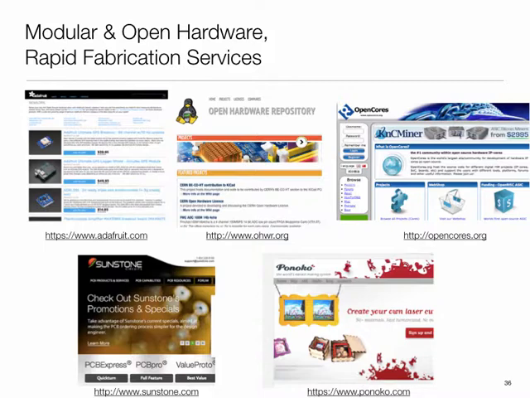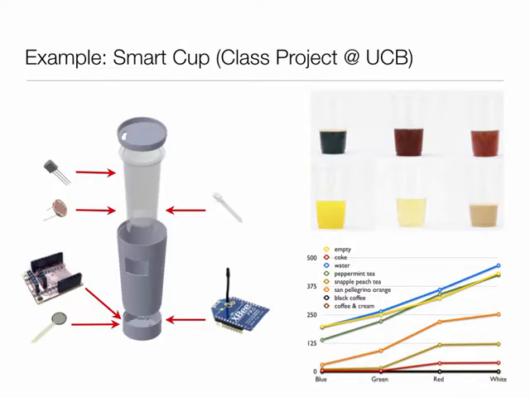Ponoko is a company which can literally manufacture, you send them 3D designs and they can manufacture things with all sorts of material, including platinum and gold if you want. So it's not just like a traditional 3D printer. They can do all sorts of cool stuff. So what has begun to happen is that if you want to pull together a reasonable embedded system with all these components, it's doable and people are doing it.